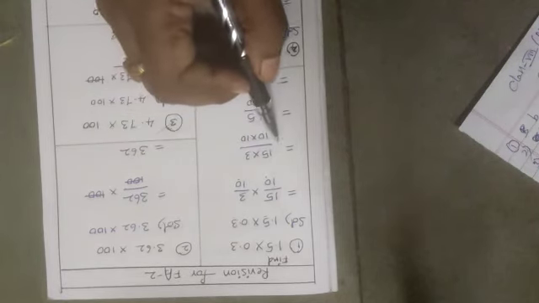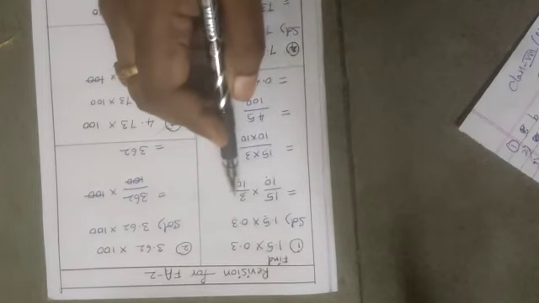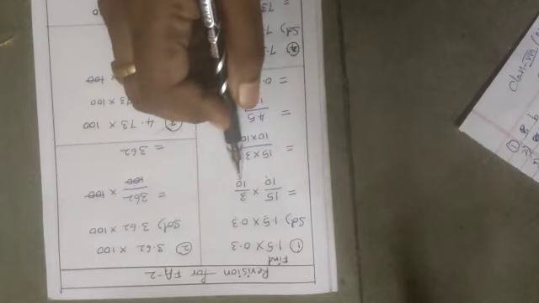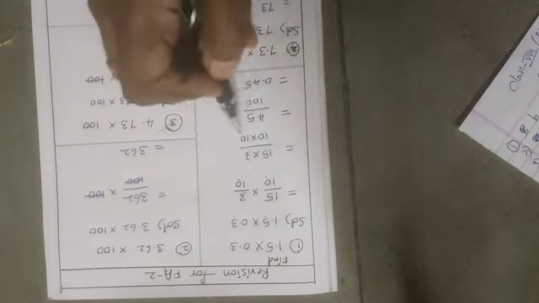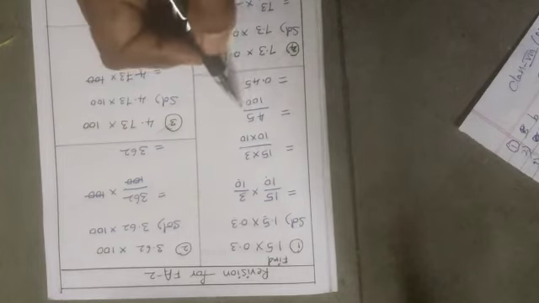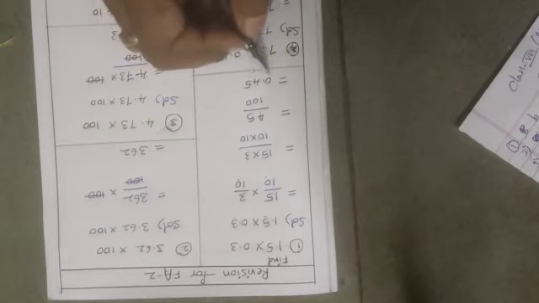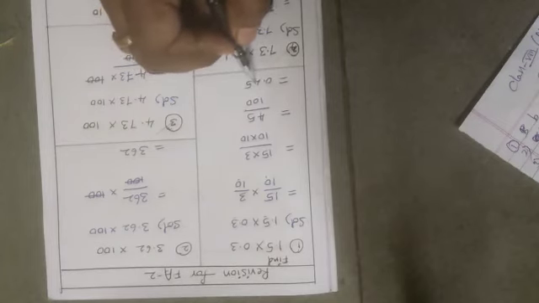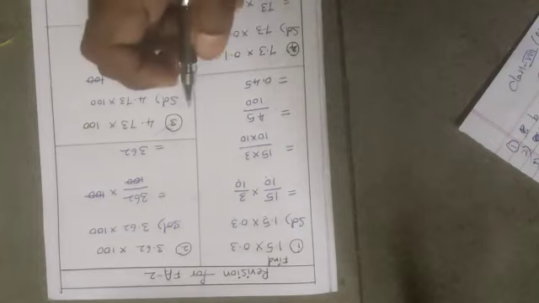Now children, let us see. Now numerator into numerator. What are the two numbers in the numerator, children? 15 into 3 by denominator into denominator 10 into 10. 15 3s are 45, 10 10s are 100. We are converting the fractional number again to a decimal number, children. So what is the answer, children? See, 2 zeros. So after 2 digits you are going to get a decimal point. Before the decimal point there is no number, so we can write 0, children.